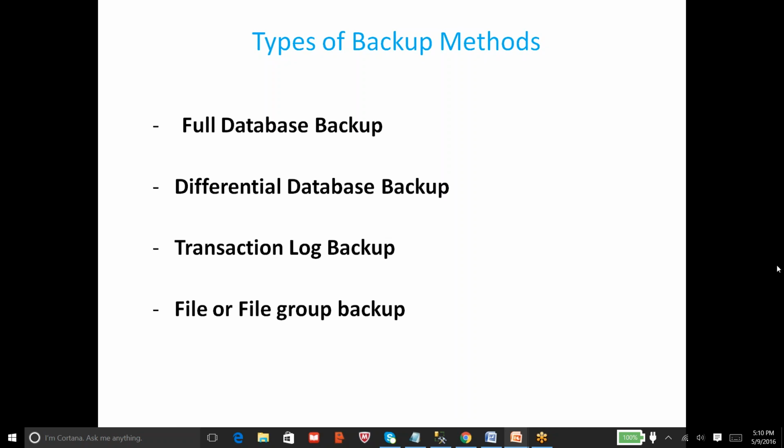And when you start taking the differential backup, it will first go and check the DCM page to see if there are any pages that got updated. Based upon the information available on the DCM page, your differential backup will record all the changes that happened on the database.